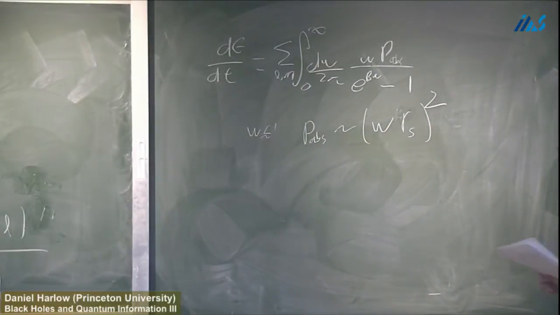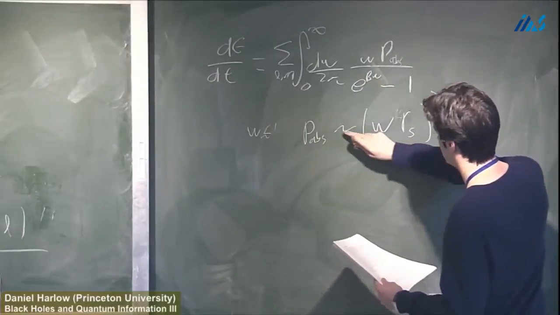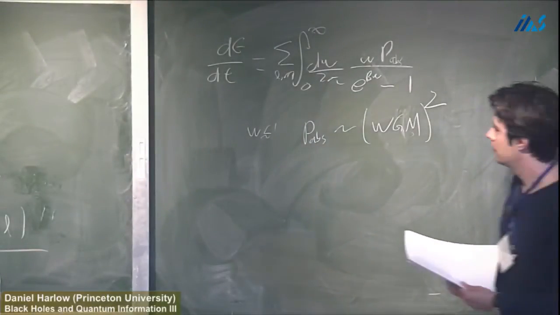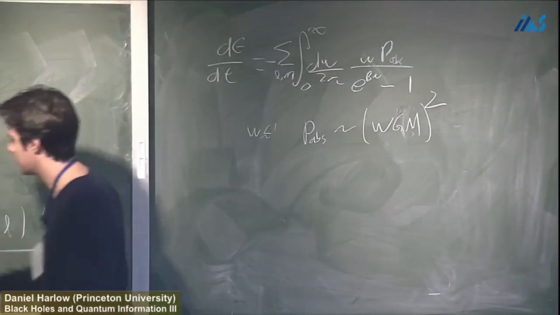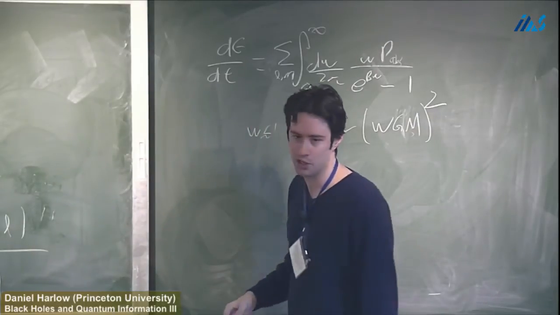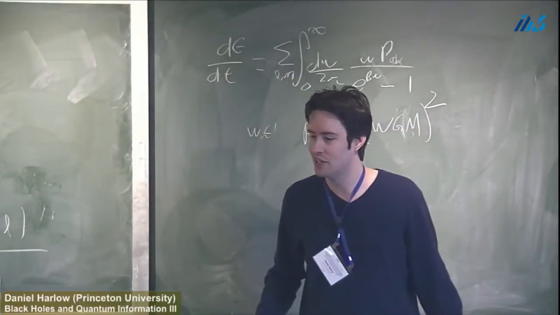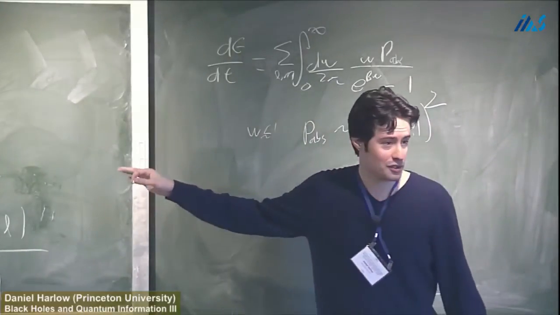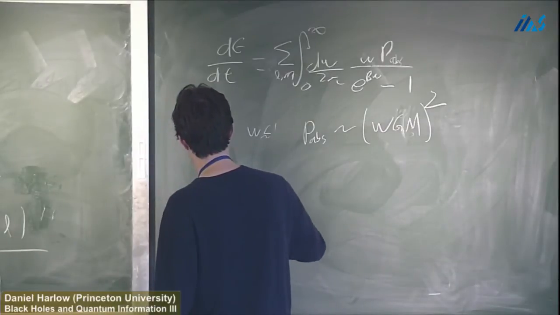Now, R_S depends on the mass. So since I put a squiggly here, I'll just call it GM and forget about the 2. Now, the energy of the black hole, I guess I should put a minus sign here if I'm talking about the energy flux out at infinity. Well, I won't put it yet. So then the mass of the black hole is equal to its energy. That's not obvious, but it's true. I wrote some little rant in the notes about what energy means in general relativity. But if you go off to a mountaintop and contemplate that for a while, you'll come back convinced that the mass of the black hole is its energy. So then if energy is going out at this rate, this gives us some differential equation for the mass,